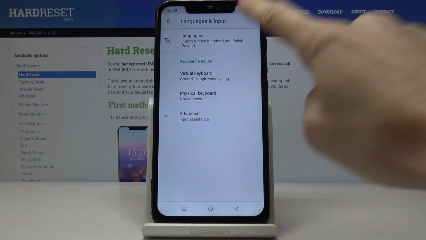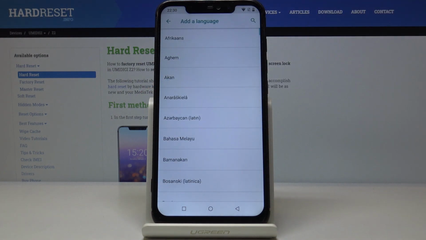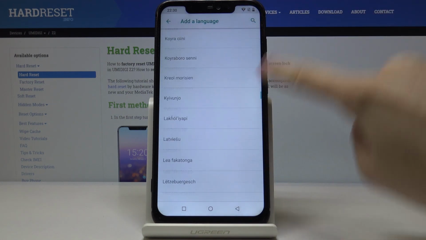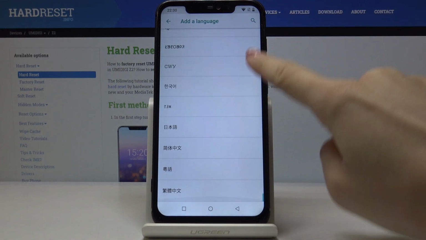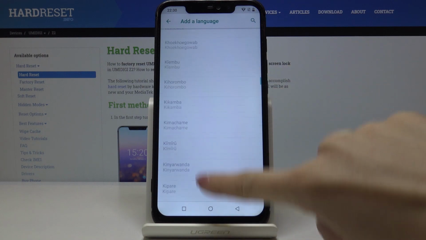Here, by tapping on Languages and tapping on Add a Language, you can bring up the whole list of languages. So scroll down, locate the one that you would like to apply, and tap on it. So for example, if you would like to activate